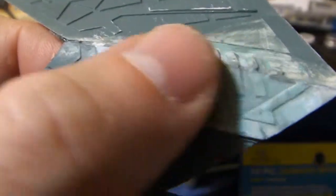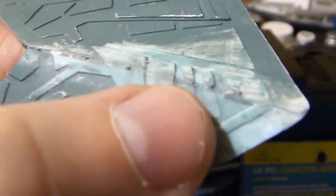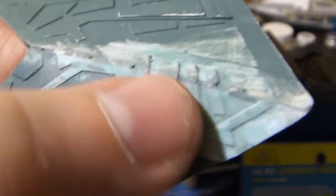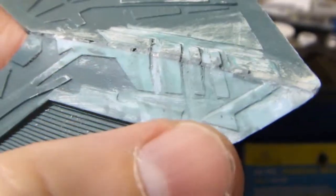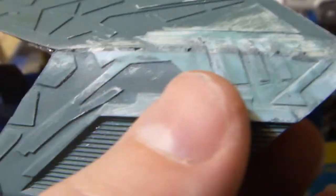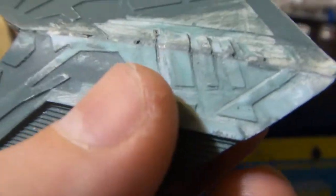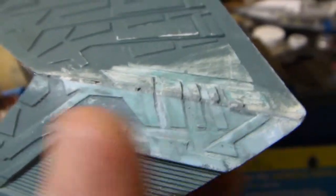I've gone ahead and removed some of the paint with some acetone so I could see the lines, see what I was doing a little bit more, because when I had it partly sanded off, it was just a little bit difficult to see to make sure they were good and straight. So I went ahead and removed the paint, which wasn't on very thick at all, but it was just a visual thing with my old eyes, making sure I could see everything really well. So that's pretty good. I need to go back in and fill a few little gaps with some red putty and smooth this back out, and this should be done,